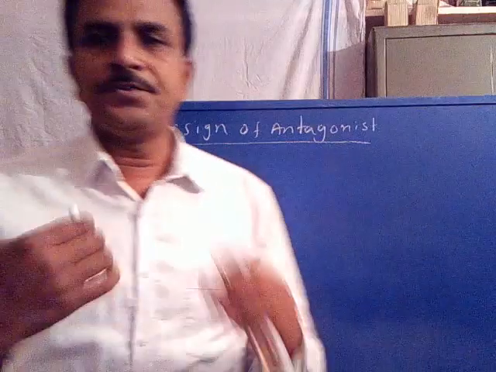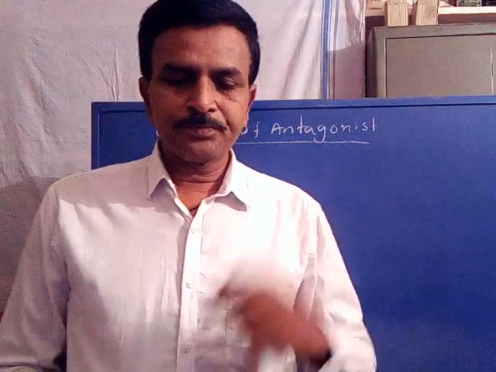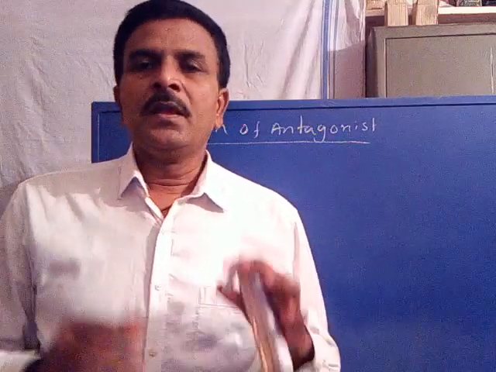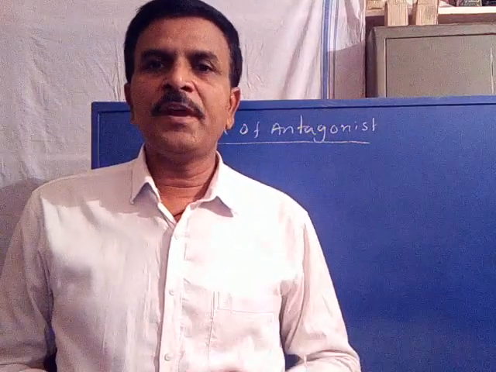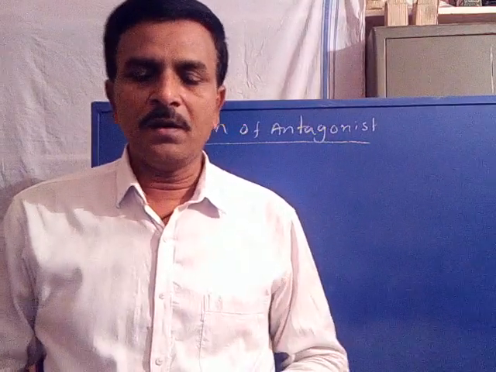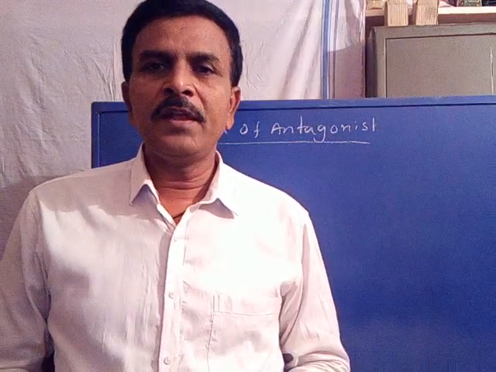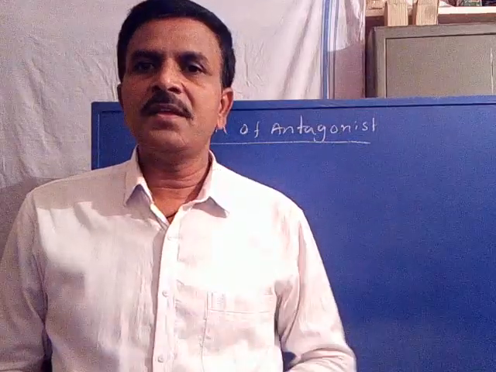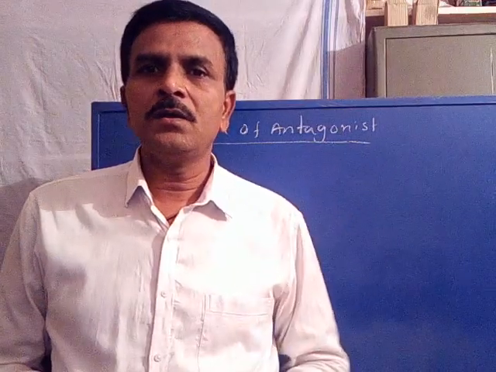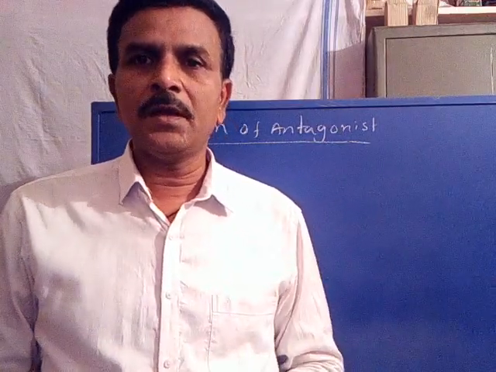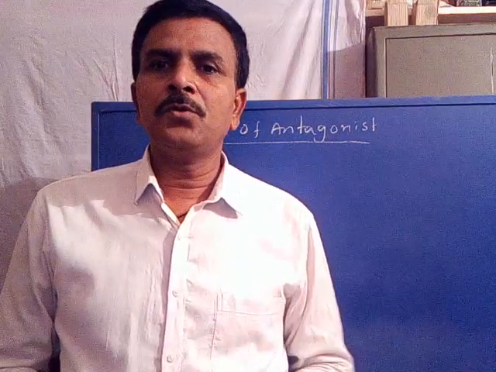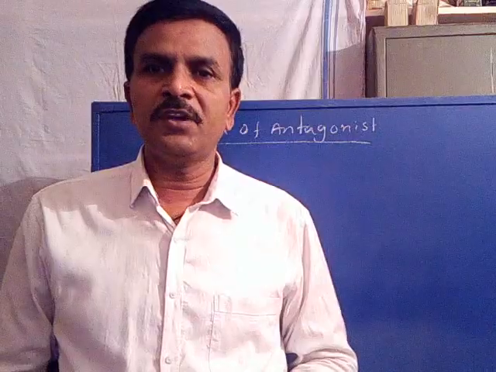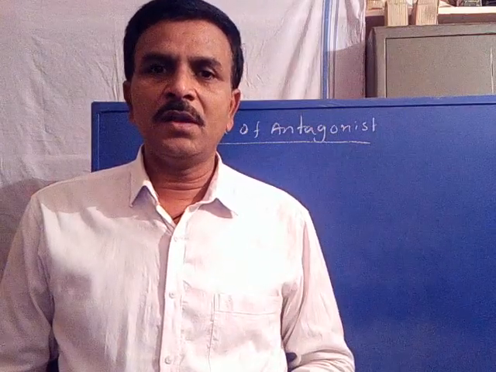Now, design of antagonist. What is an antagonist? We learned in the previous classes about a drug which binds with its target, say a receptor. A drug only binds with its receptor or target in order to prevent the access of the agonist onto the specific receptor or target, and does not show any kind of action on cell function. So those drugs are called antagonists.